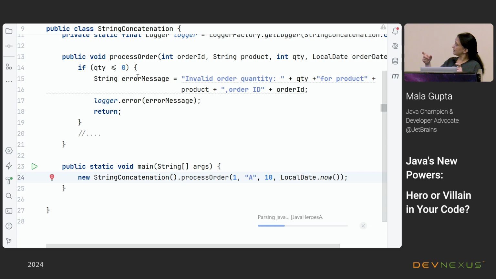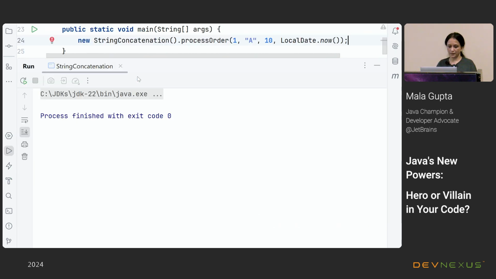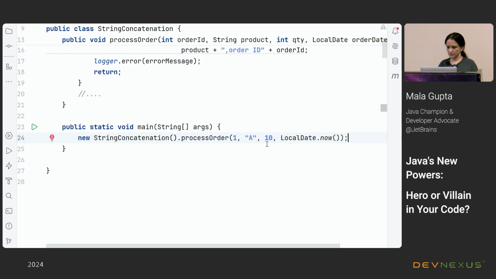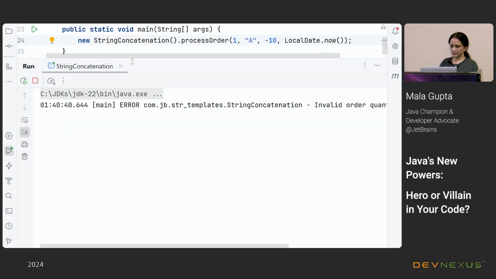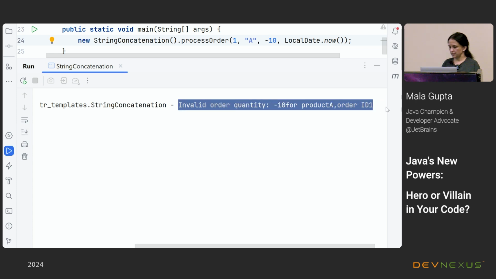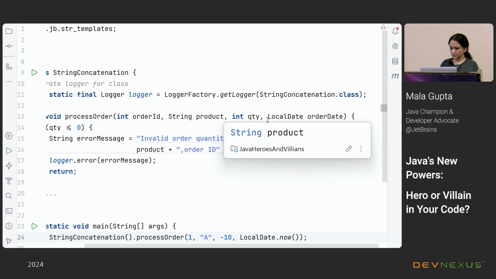So as I had a slide in the beginning, there were some issues with the concatenation. I could not see where the space was missing. This is supposed to have a negative value, and then it would print because I'm sending it via the logger, the error message. Now, this is the value that is being printed. I could see the problems now when I run the code, but that was not too evident when I was browsing through the code.